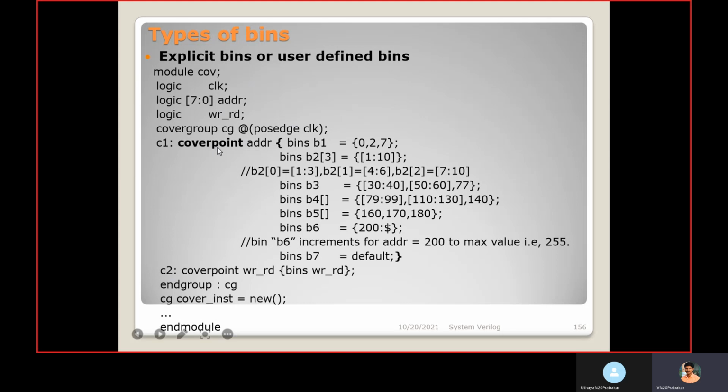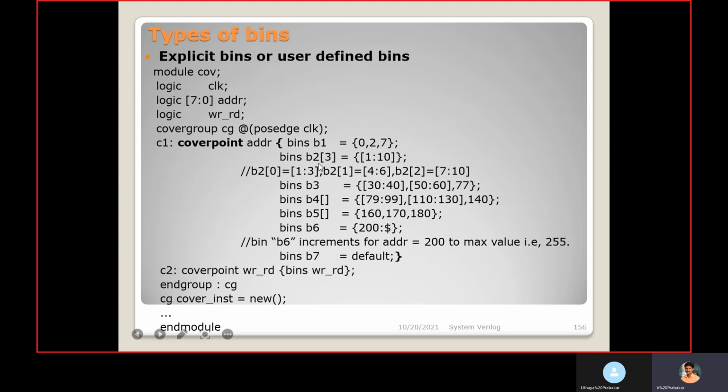Inside this cover point for the address, we explicitly mention the values using brackets. So when 0 or 2 or 7 values are received for the address, this bin will get a hit.